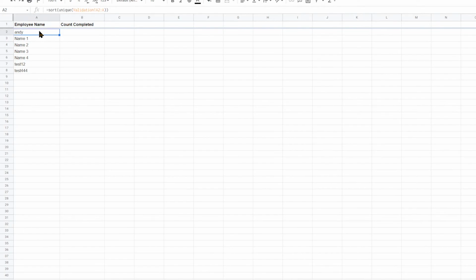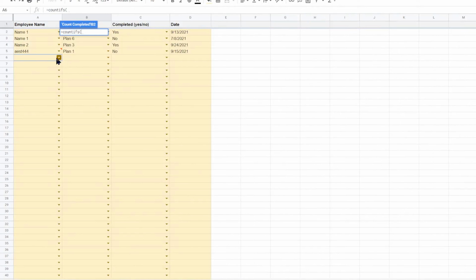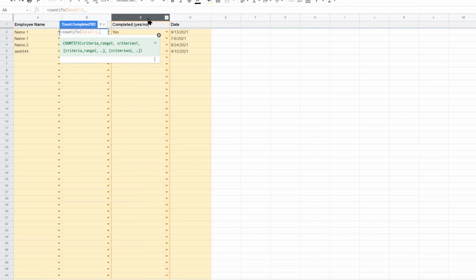So if Andy here has to complete 6 different things, this will tell you how many they actually did. So we can do a COUNTIFS in our data, COUNTIFS, C, if C is equal to yes,